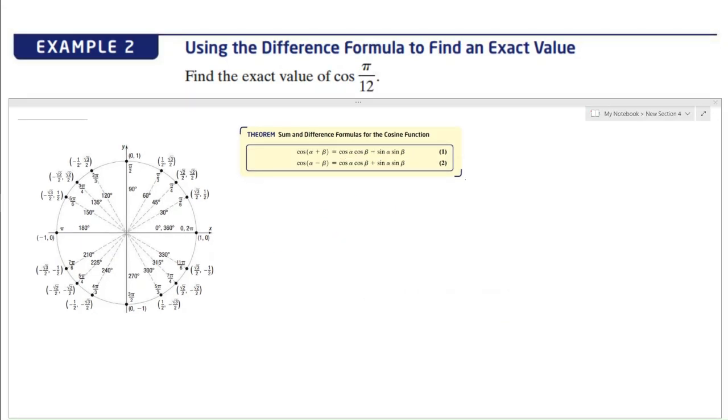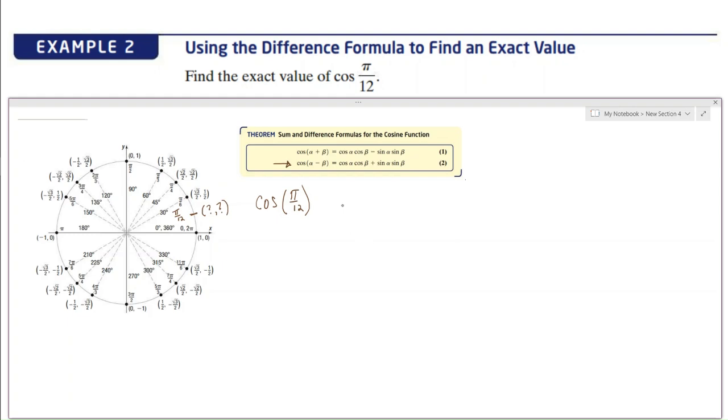All right, now in this example, we have a little different situation because we're asking for the cosine of pi over 12. Okay, now pi over 12 is going to sit halfway between 0 and pi over 6. And we do not have coordinates for that, so we don't immediately have the exact cosine and sine, but because of this rule here,